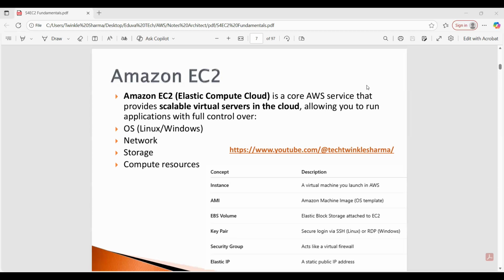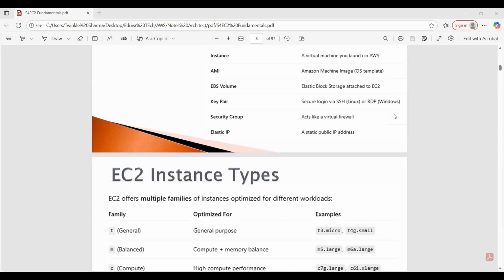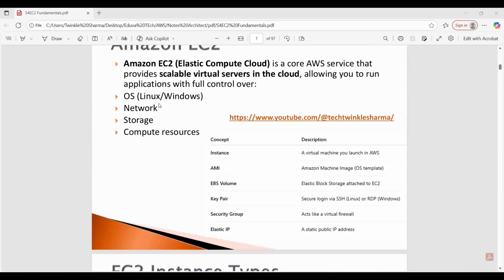EC2 sizing and configurations. The first option is our operating system, which is Linux, Windows, or Mac OS. Then we have how much compute power and cores, which is CPUs. Then how much random access memory, which is RAM.